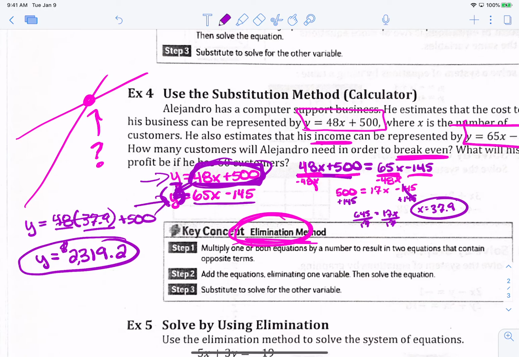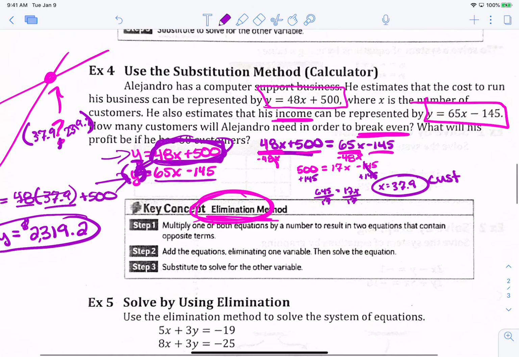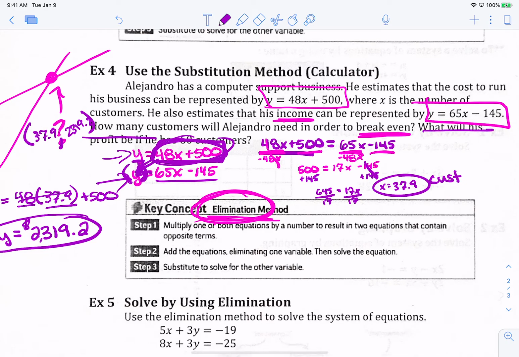And I think that's in dollars. So X is 37.9 customers, and Y is $2,319.20. That's where this point is located. If I put it as an ordered pair, (37.9, 2319.2). Okay, I'm gonna skip the last part where it says what will his profit be if he has 60